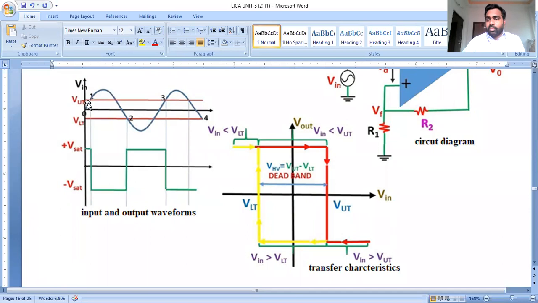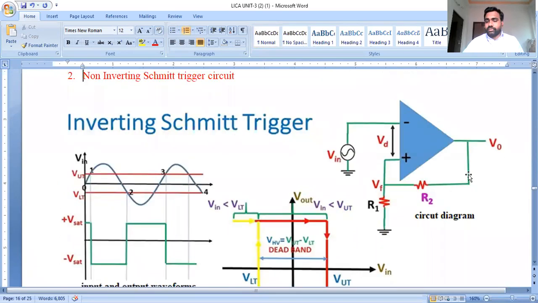One is a positive reference pulse and the other a negative reference pulse, which are created with the application of positive feedback. With the help of positive feedback, here we created two reference pulses: a positive or higher reference pulse, and a negative or lower reference pulse. In technical terms, we call them the upper threshold voltage and the lower threshold voltage.